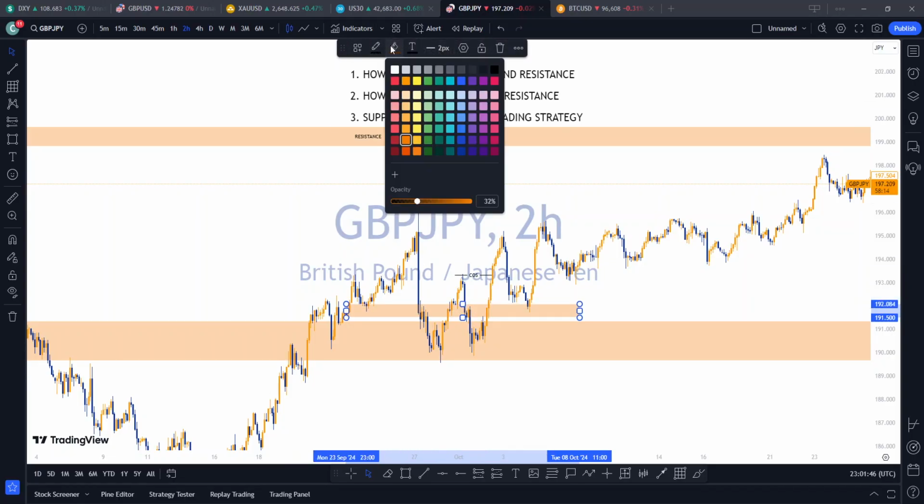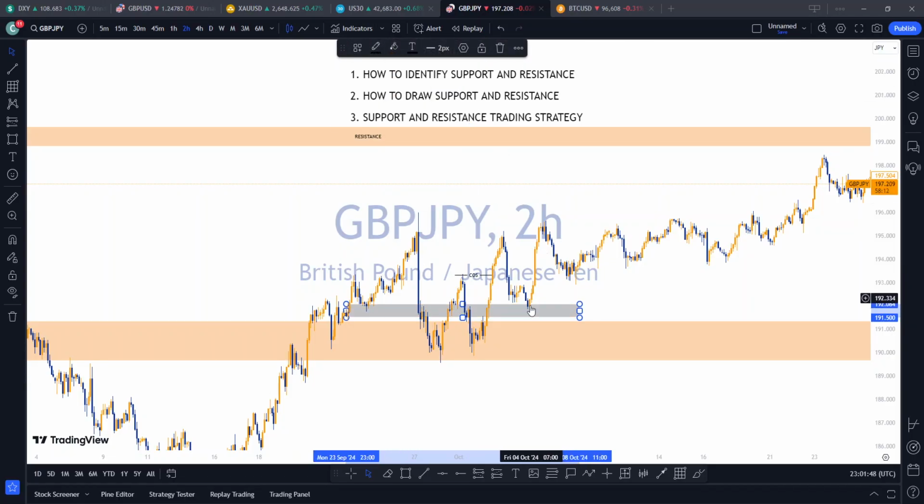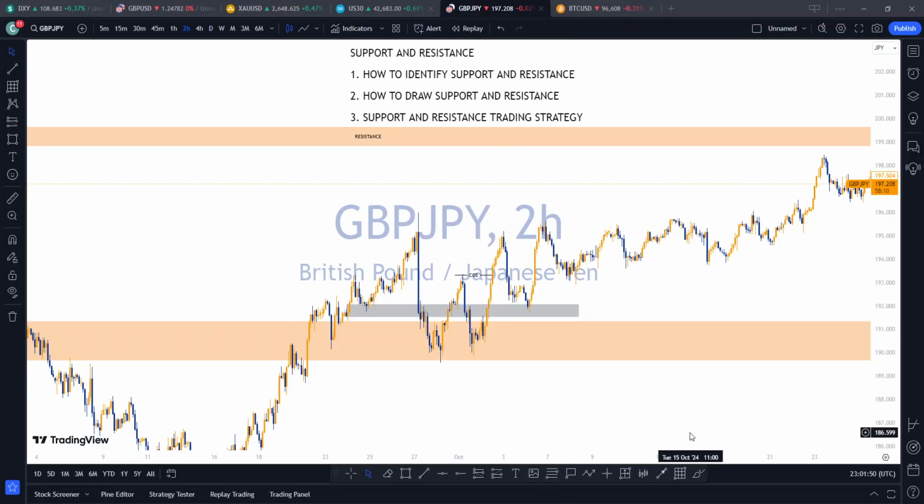Let me change the color of that. I can draw a zone here. Why can I draw a zone here, right? Because like I said, I always like to wait for a retest. So we can see that we had this impulsive move right here that broke